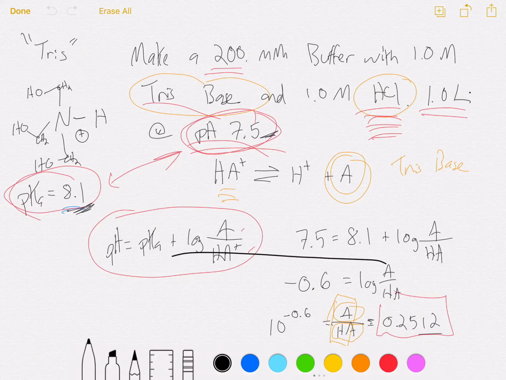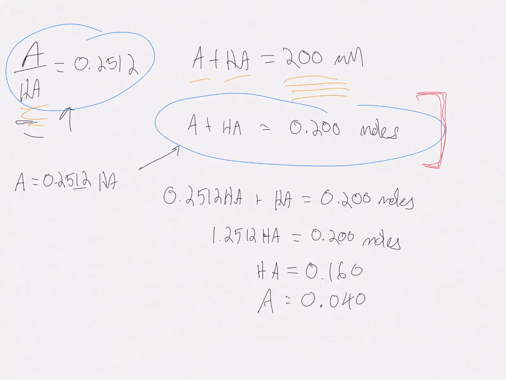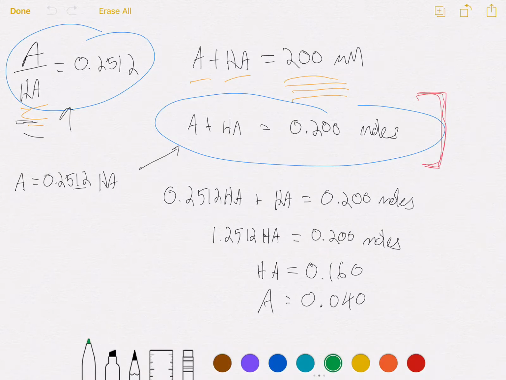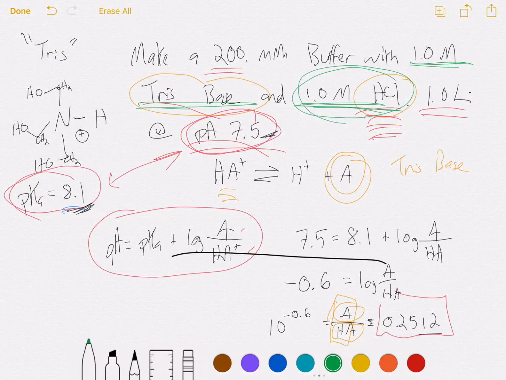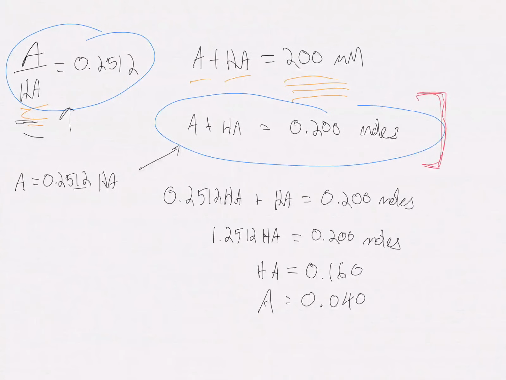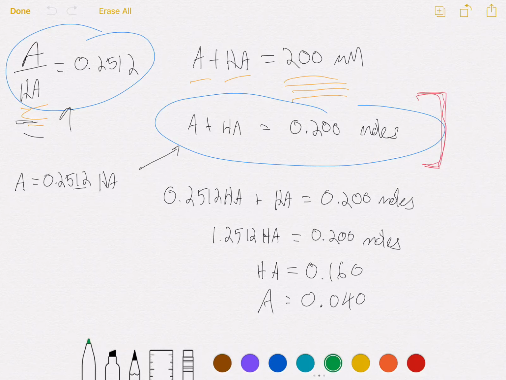to our math, which is starting to get sloppy, we see that, I'll do this in a new color, our two solutions are 1 molar tris base and 1 molar HCl. Okay, so again, both A and HA have to come from tris base. There is no tris in hydrochloric acid. That just changes the protonation state. So even though we figured out how much A and HA we have, the amount of tris that we need